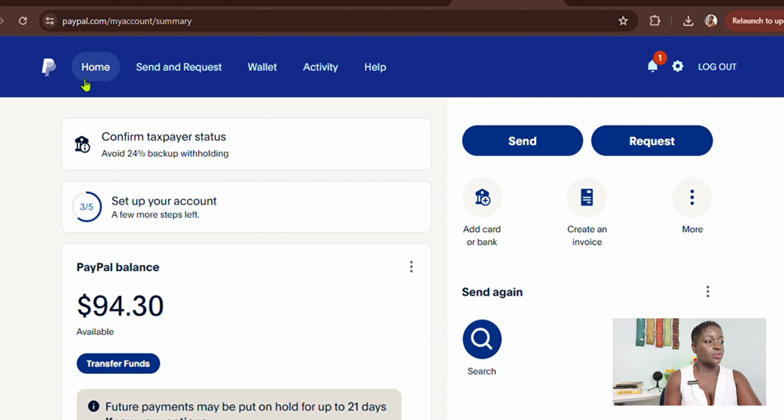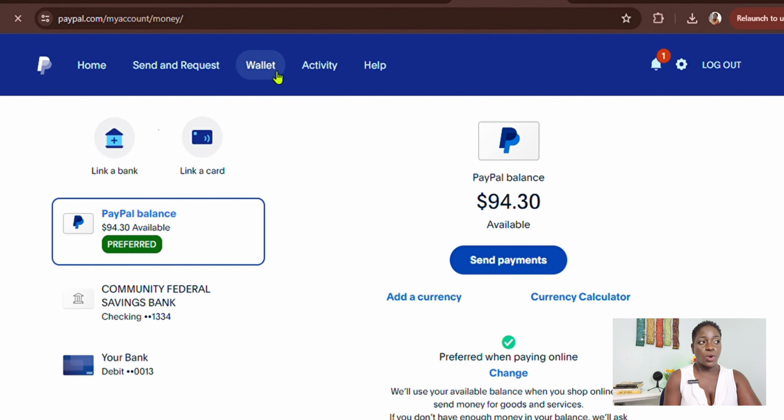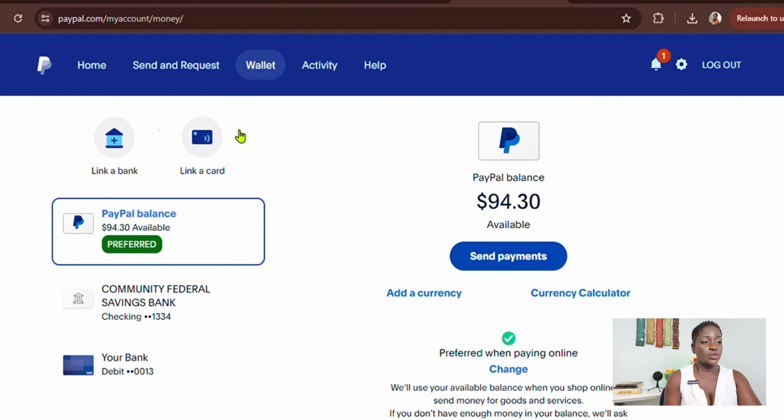Let's start from home here. Then you go to wallet, and when you go to your wallet, you can send a payment. So you can send a payment from your PayPal account. So you hit send a payment, and then you're going to send money payment to your Wise account, which is